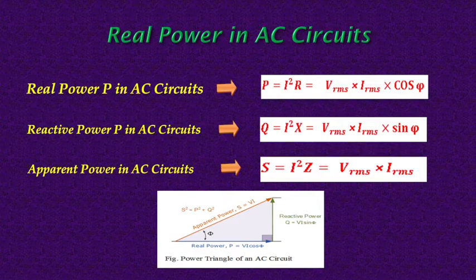Apparent power is made up of two parts: resistive power, which is the in-phase power, and reactive power, which is the out-of-phase power. We can show the vector addition of these two power components in the form of a power triangle. A power triangle has four parts, P, Q, S and phi. So this is P, real power, this is reactive power Q, and this S is apparent power. So S equal to root over P square plus Q square.